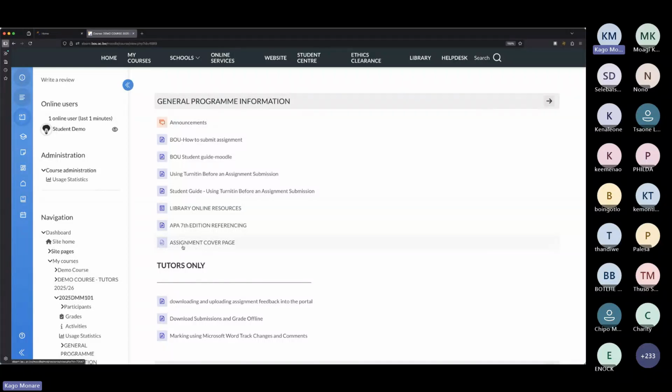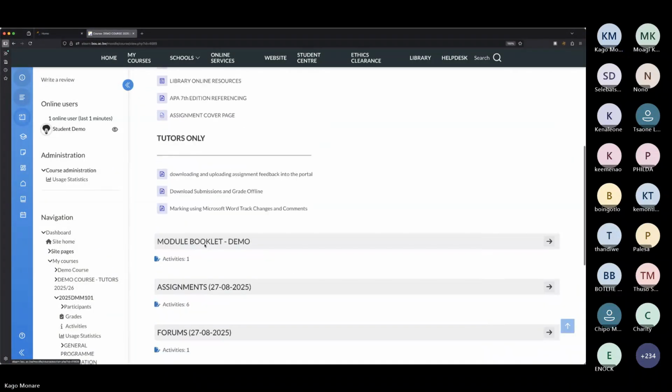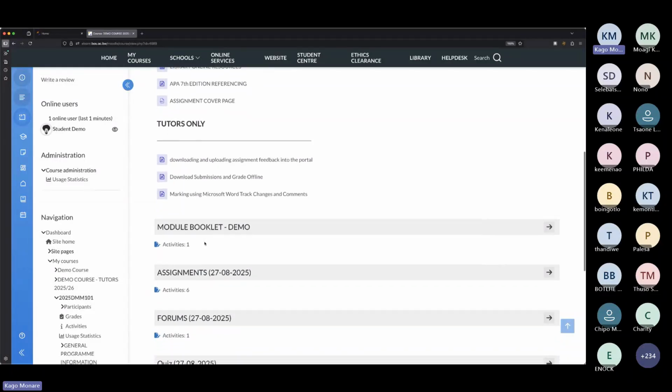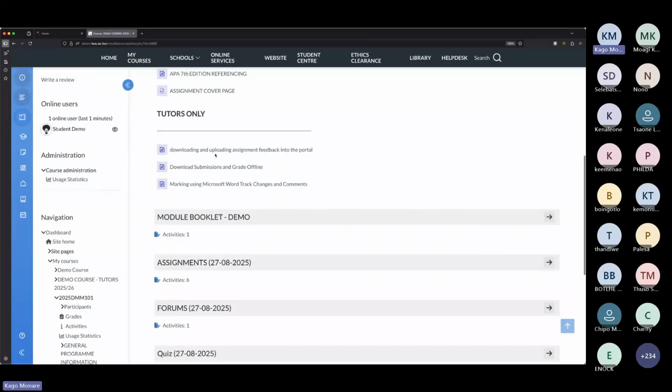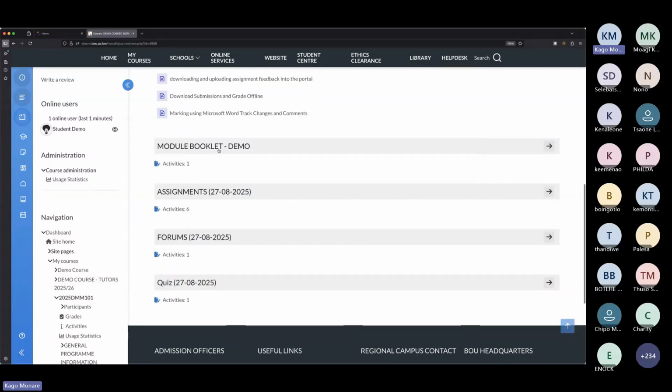You remember that assessment cover page? It is again here for the assignment. It's almost the same thing, with different names. When you scroll down, there is more information at the bottom, information documents for our tutors. Just keep them, but I want to show you now, going down, there is